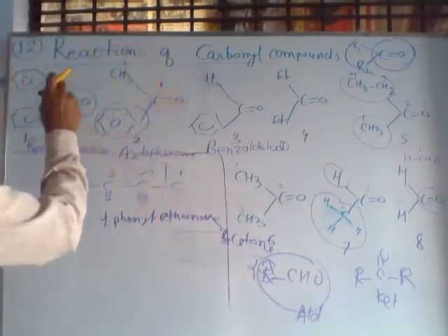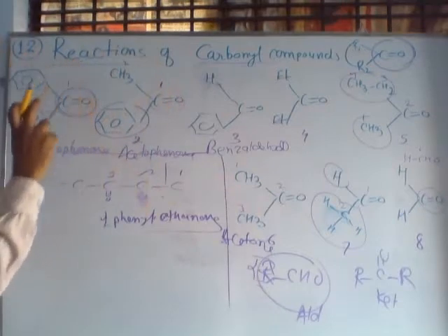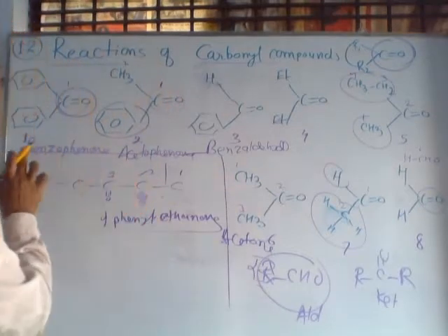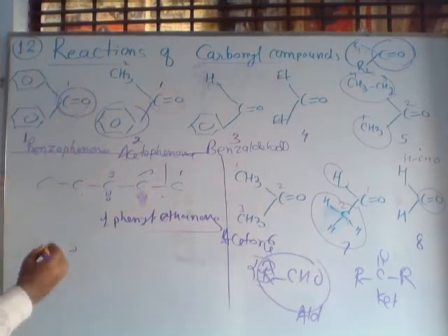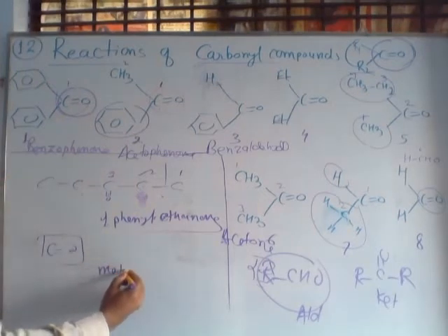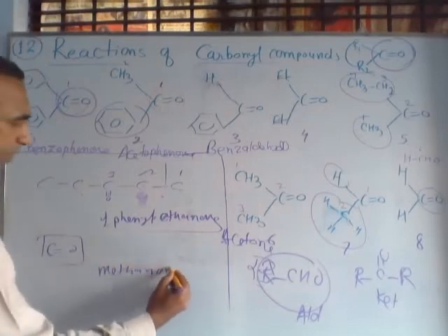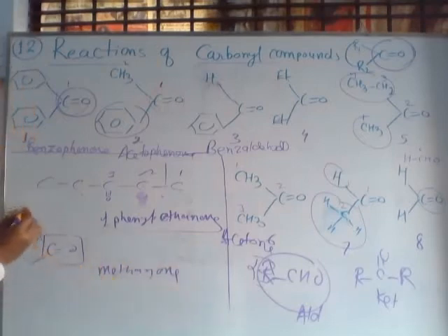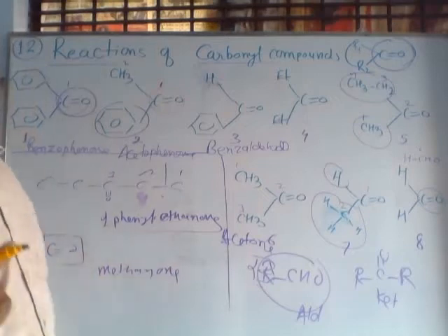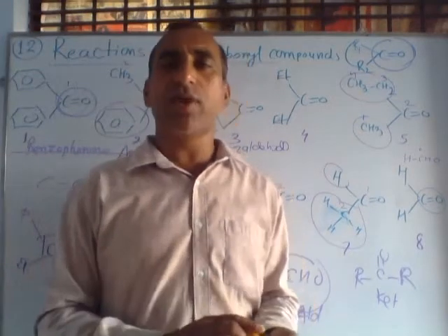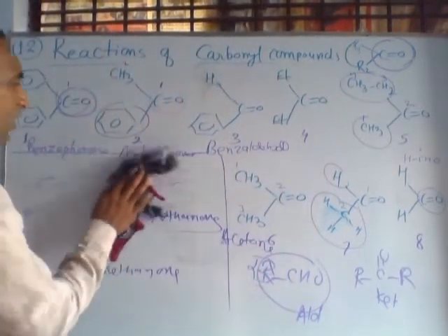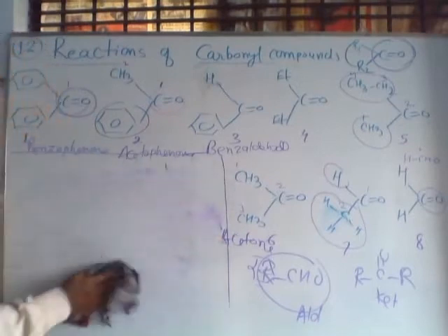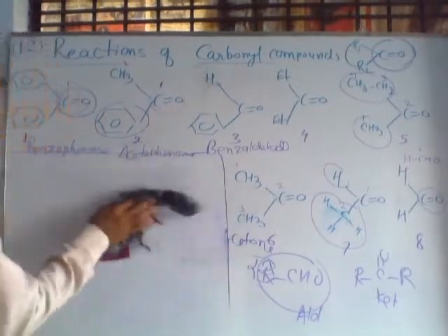And it has only a single carbon, and on the first carbon there are 2 benzene rings. So we can say 1,1-diphenyl methanone. In the IUPAC system this is benzophenone, but actually this is called methanone. Remember, this is methane, a single carbon methane, and this group is called one, so methanone. And on methane there are 2 benzene rings, so we can say diphenyl methanone. There is no need to write 1,1. So these all are called carbonyl compounds, different types of carbonyl compounds, and you can guess which compound is aldehyde, which compound is ketone. Remember one more topic.